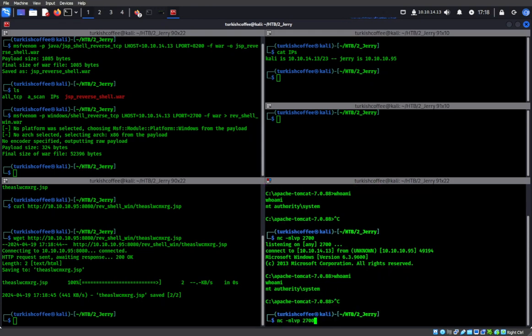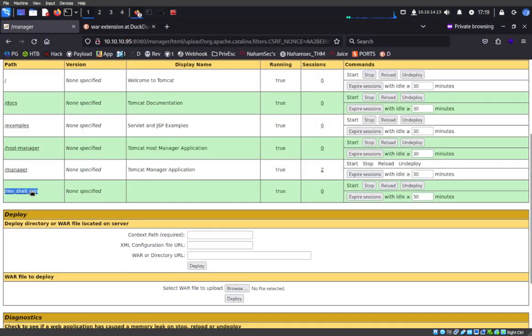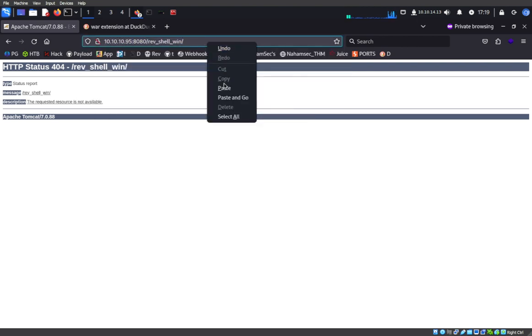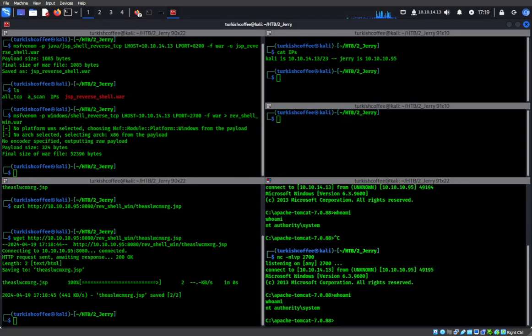Let's close it. Last, we have to navigate there. Yeah, so let's remember this. Let me get this here. So if we go here, you see it's not working. Yeah, but if we go here, it's working. Look. Yeah, so